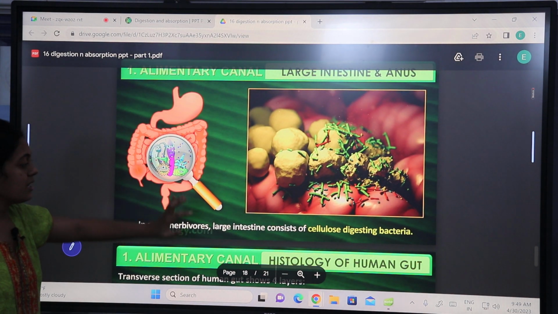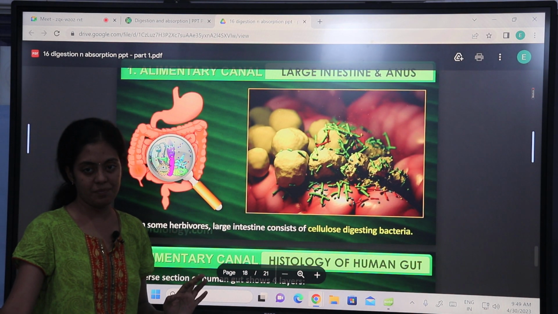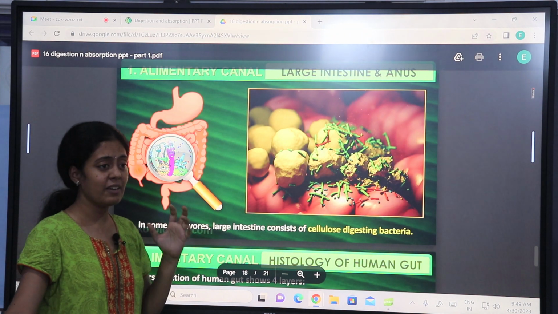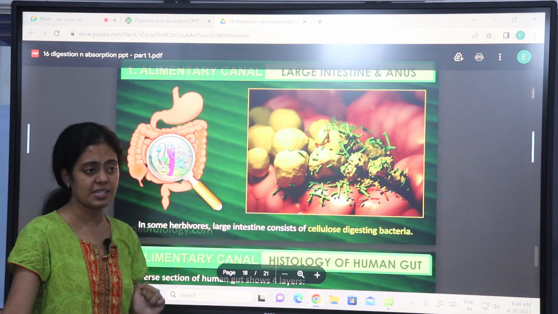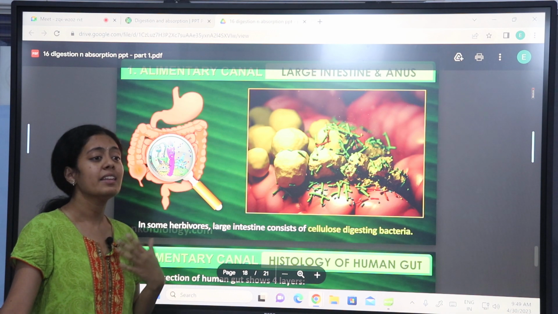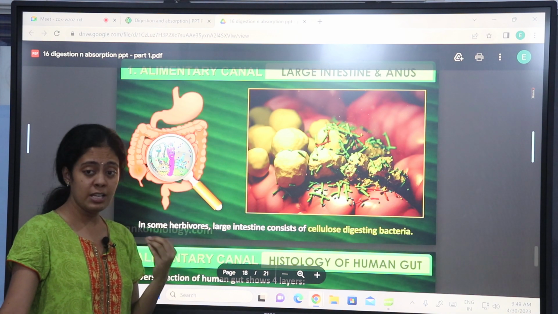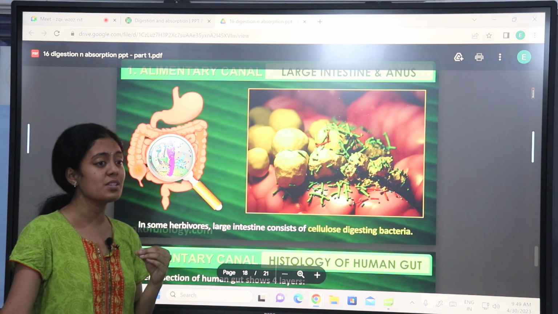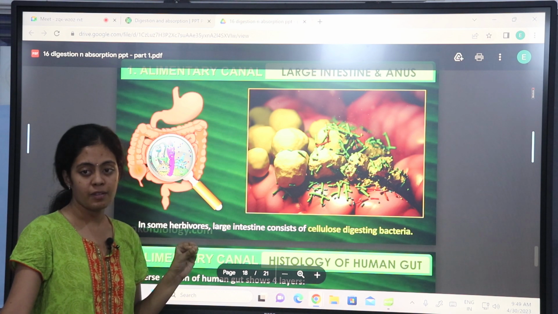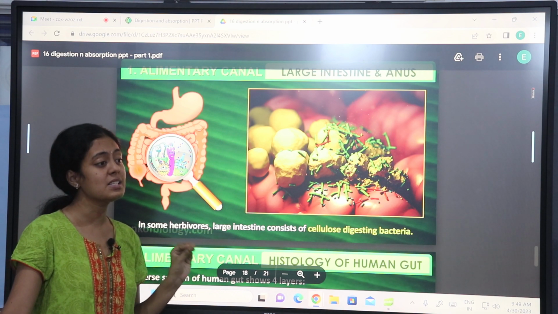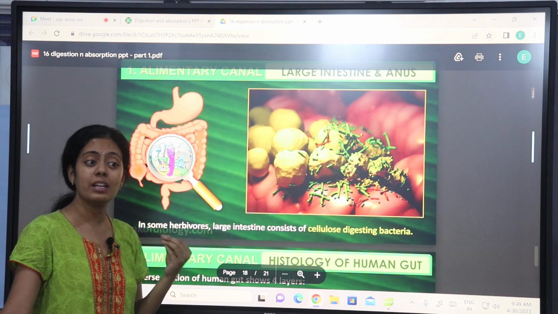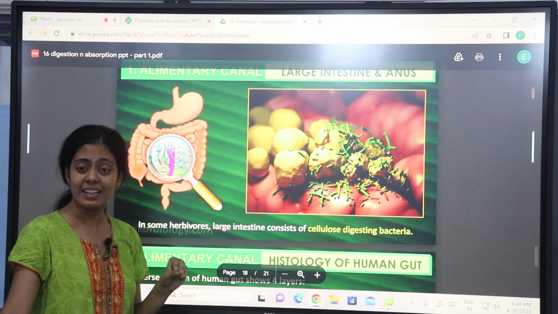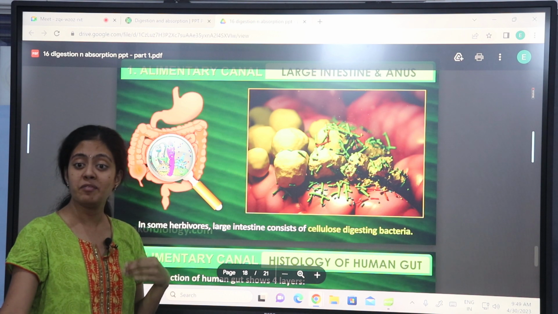So in your large intestine, you will have certain bacteria, right? All of you are aware, right? In our gut also we have certain bacteria, both in the small intestine and in the large intestine. What is the use of bacteria? They help in digestion. Your digestive system does not produce cellulase. Okay, what is cellulase? It digests what part? Cellulose. Okay, so that's why they tell you not to eat green leafy vegetables during night. Okay, because digestion will become very difficult.